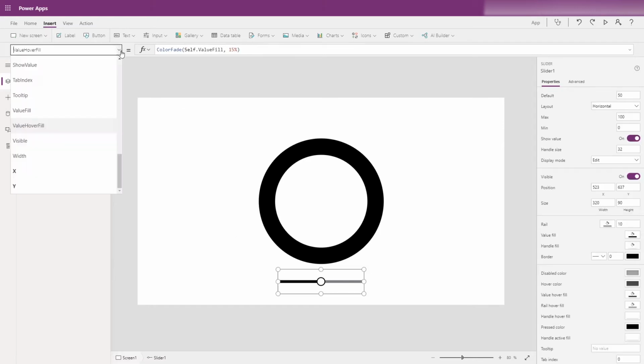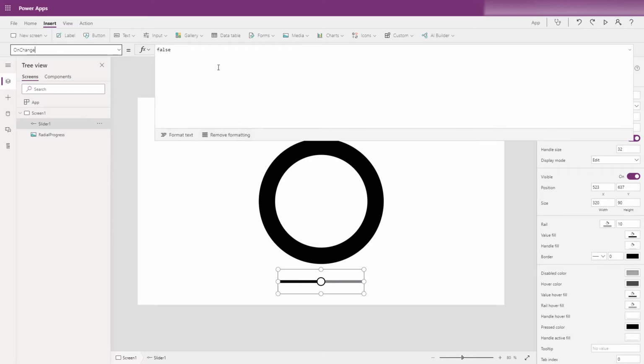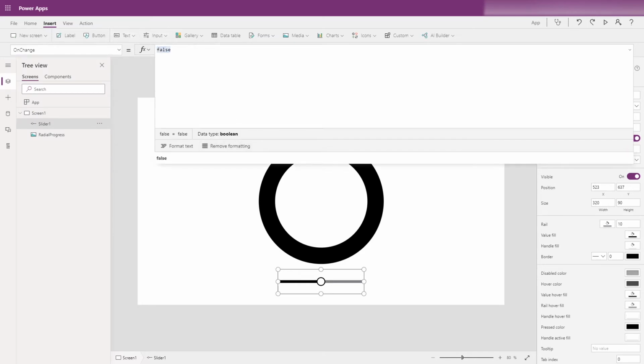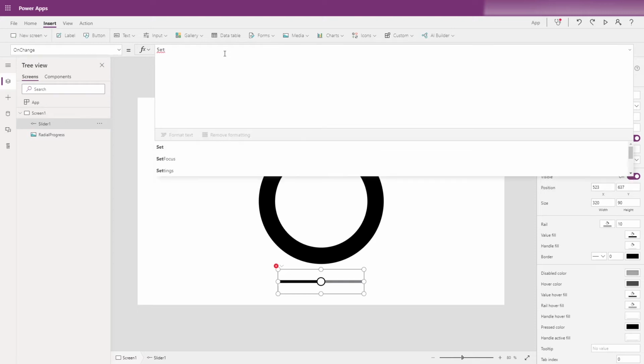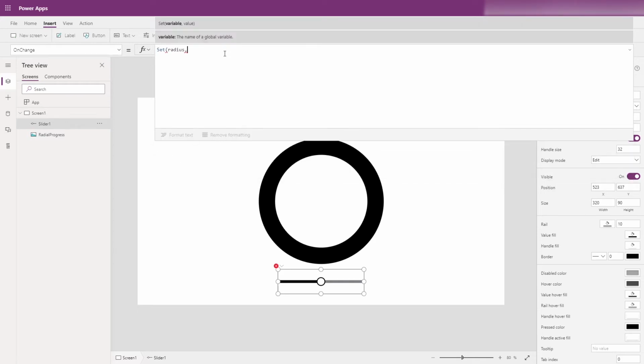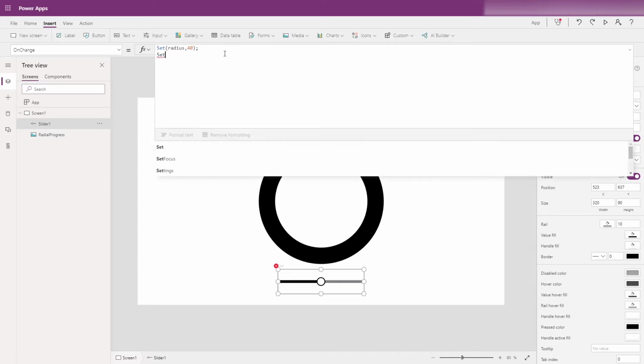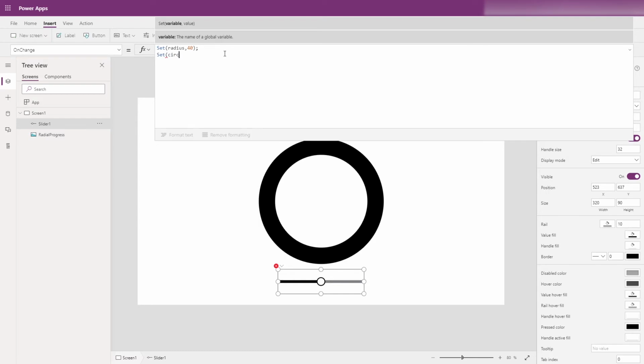So let's select our slider, and we are going to have a look at the on change control, and let's have a little drop down on the formula bar here, and we can add in a few lines of code where we want to set the variable radius to the value 40, which, as you remember, we set 40 as the radius in our circles in the image, and we want to set the value of